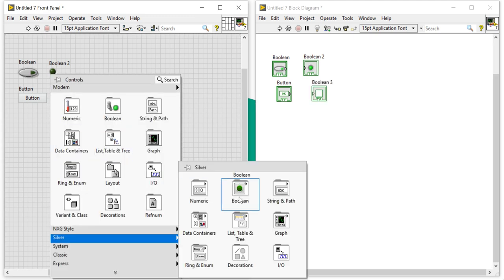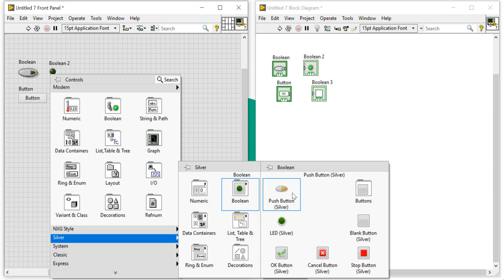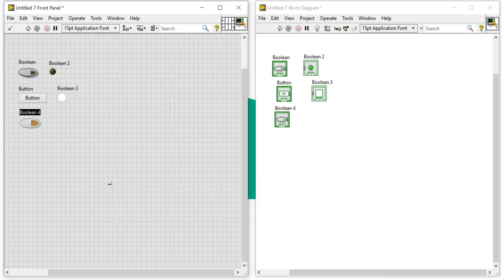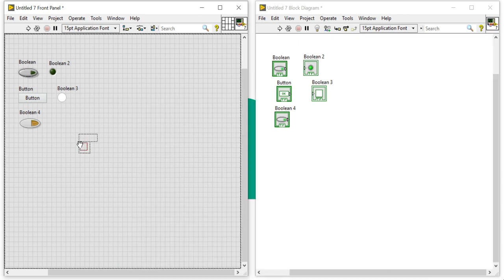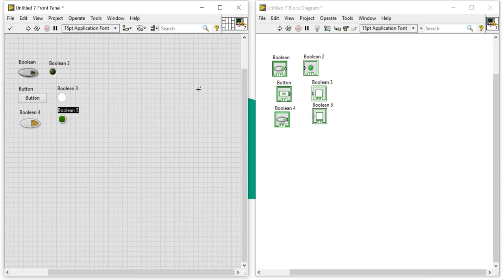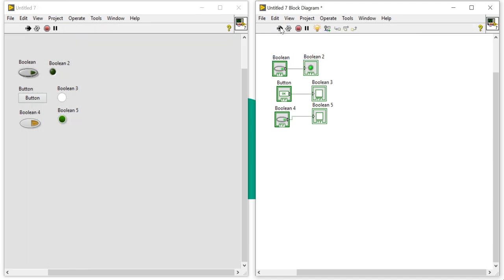Come here to the silver, you will get this pause button, you will get this boolean. Looks are different, but the behavior is the same in each and every way. Now I think it's clear to all of you.